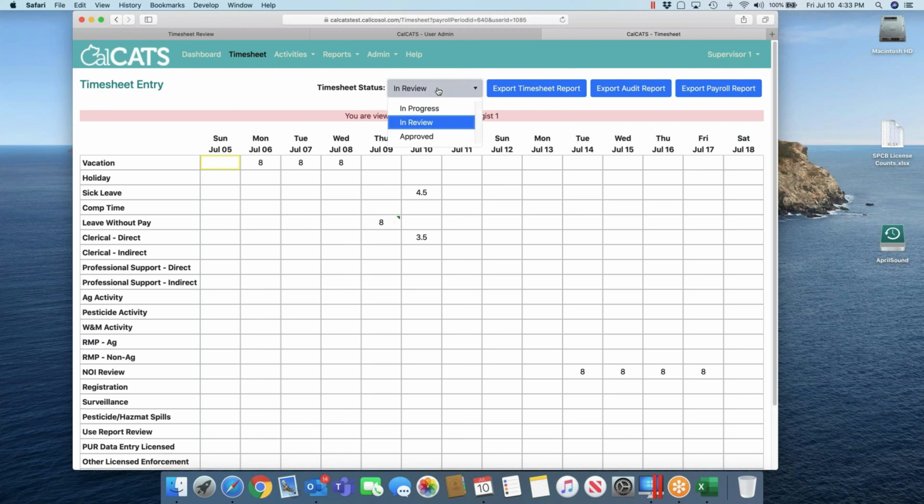If I do believe that your timesheet's fine, I can go ahead and approve it. But let's say I need to kick it back into in progress, but this employee is out sick for the rest of the payroll period, and they can't come in and modify their time card. And we need to get this approved and done so we can get payroll run and everything else. So in order to allow